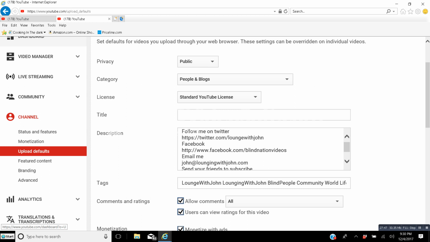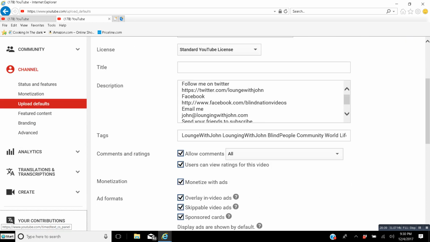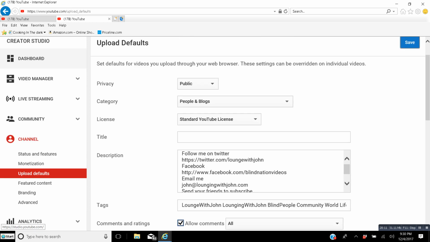Now the tags. It's real easy to remove them though. All you got to do if you're sighted, you just click on it to remove it. If you're using a screen reader, you pretty much do the same thing. Hit enter on them to remove them. So what I'm going to do, well, no, it's different here. I'm sorry. I told you wrong. That's if you're doing it individually. But what I'm going to do,